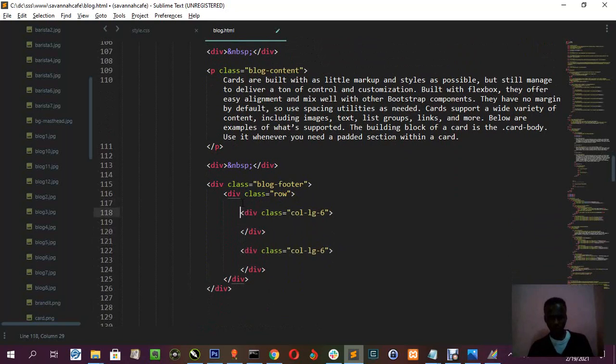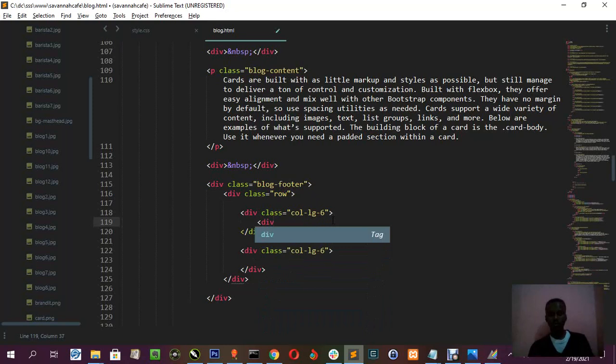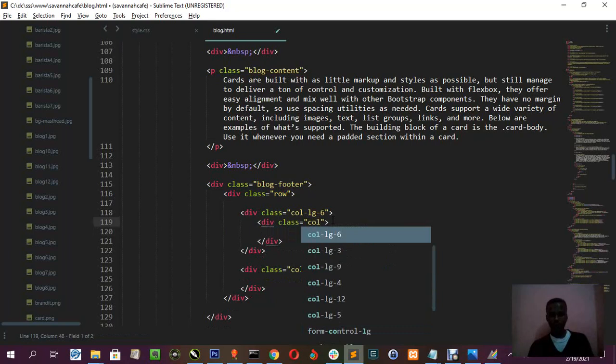Okay, let's just paste them. All right, so in this our first column, we are going to create another row that has 2 columns inside too. So we'll say div, give it, we'll call it a class of column large 3,